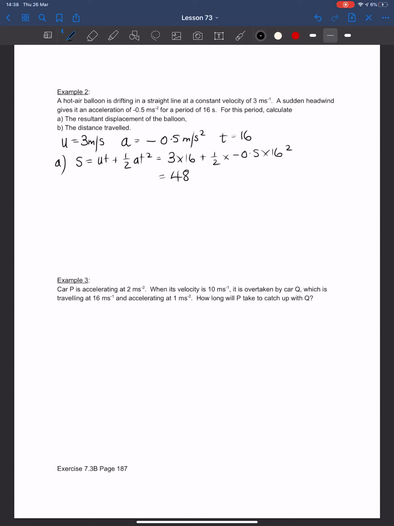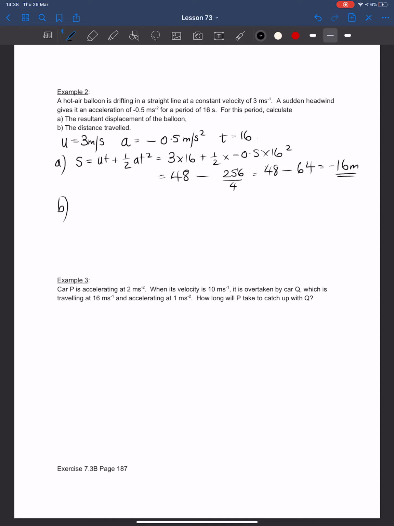48. 16 squared is 256. It's minus because of the minus that's in the equation there. And a half times a half is a quarter. So it'll be 48 minus, and then 4s into 25, 6 remainder 1, 4s into 16 go 4, so it's minus 16 metres. So it's going to set it back by 16 metres. So the distance travelled is,